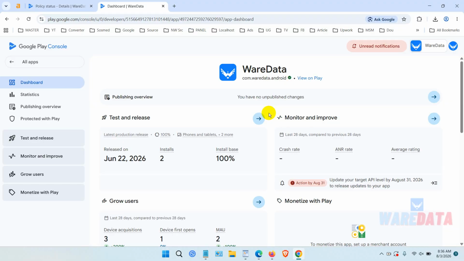In this video, we will show you how to update your Android application on Google Play Console. As you can see here, we have a notification to update the API level. Okay. Then, if you want to update your apps to meet these requirements, you can go to your application dashboard